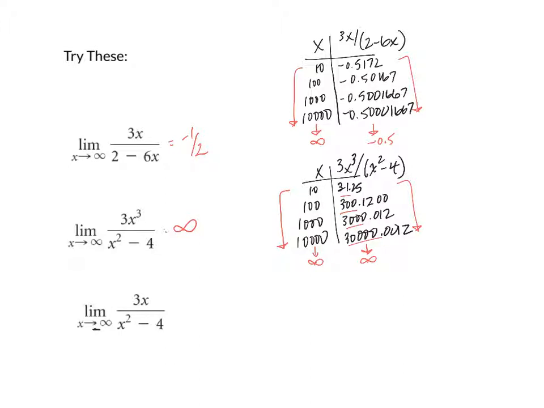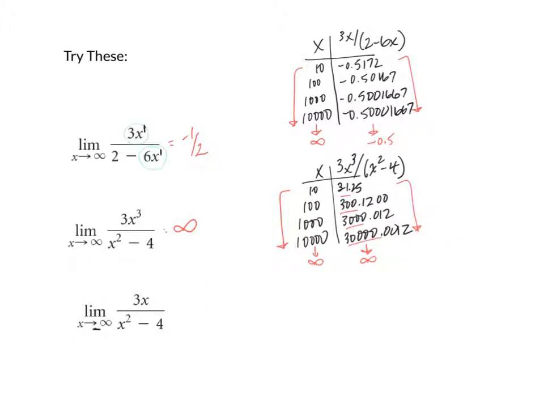So I want to take a quick second to compare these two problems. Why did one come up with a finite number, like negative 1/2, and the other come up with infinity? Well, if we take a look at each fraction here, and we pay attention to what's called the degree of each of the polynomials, there's a polynomial in the numerator, a polynomial in the denominator, and we compare the term with the highest degree, right? The degree implied here is a 1 on each of these. So notice the degrees are the same. And notice we take 3 divided by negative 6, which is negative 1/2. Okay, so the degrees are the same.